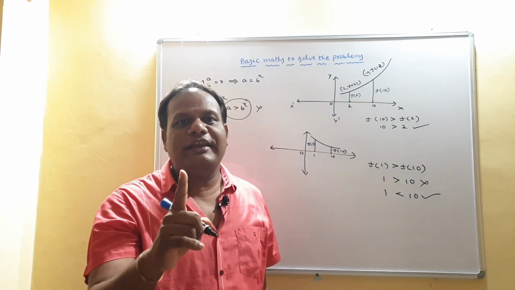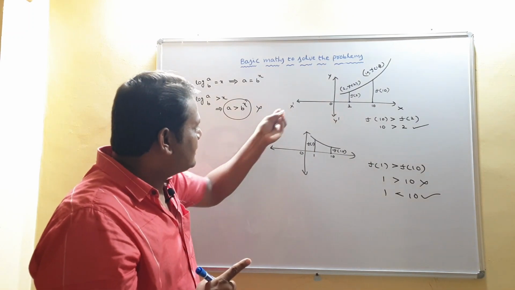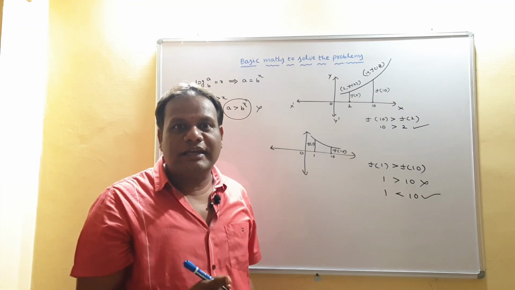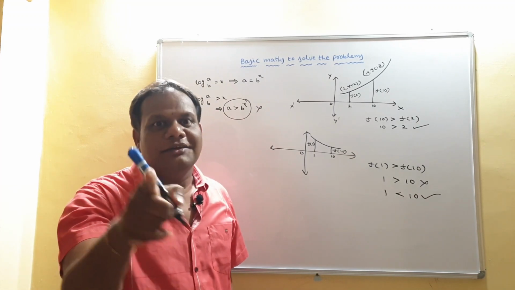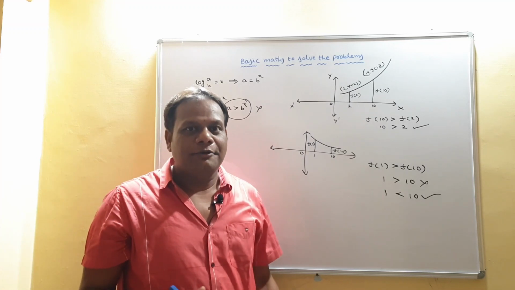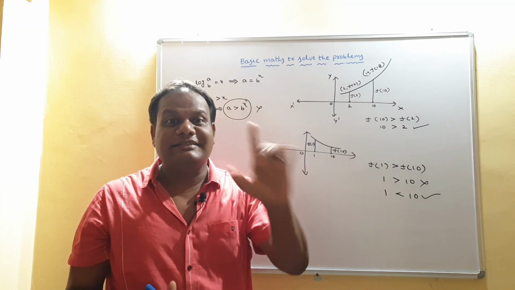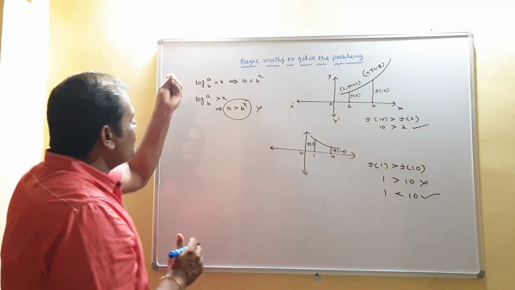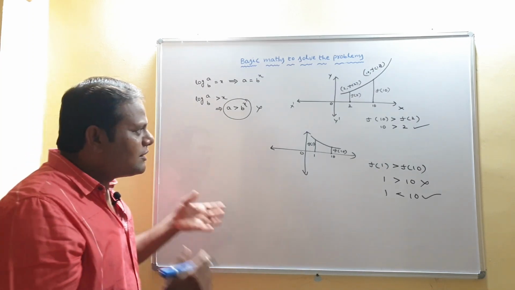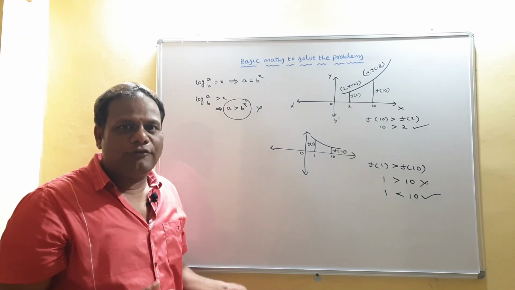So you must be very careful if you deal with increasing functions or decreasing functions in inequations. If that function is an increasing function, there is no change in the inequation sign, but if it is a decreasing function, the inequation sign changes. So here you observe log a to the base b greater than x. Is the log function an increasing function or a decreasing function? First you have to know that.